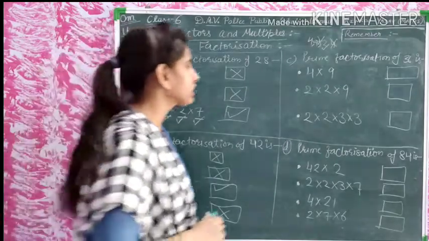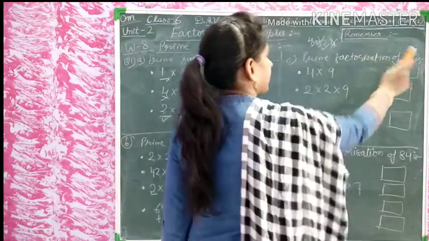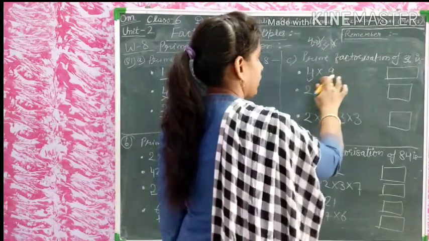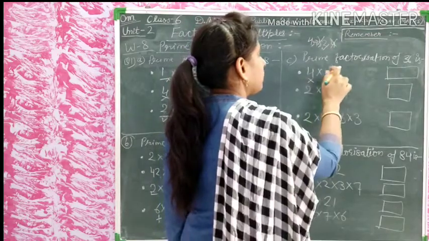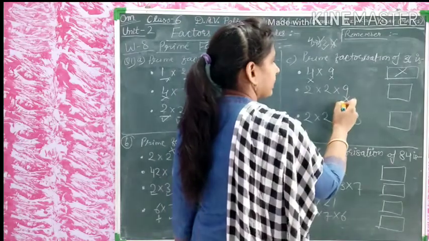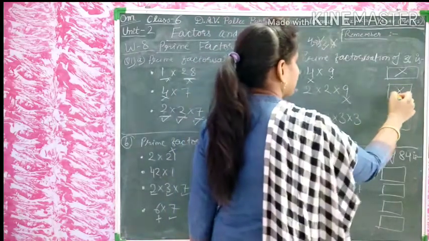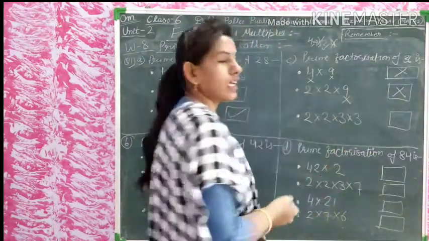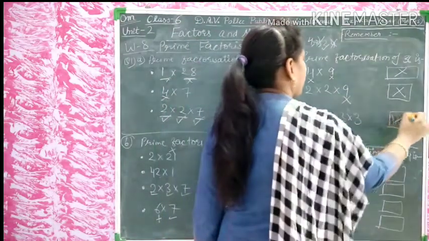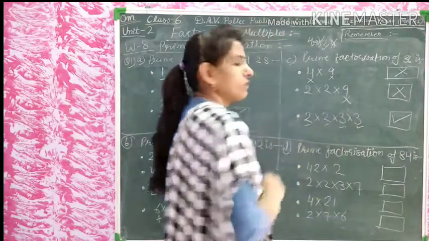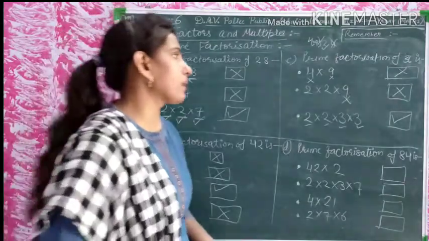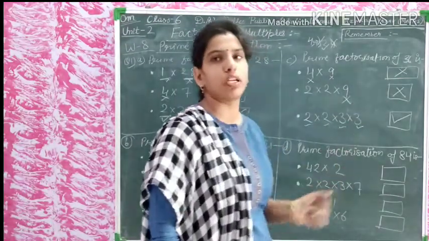Is it clear, students? Now we will go to the prime factorization of 36. Is this the prime factorization? No, because both are composite numbers, not possible. 4 times 9, but 9 is a composite number. It means not possible. 2, 2, 3, 3. Yes, it's possible. 4 times 9 is 36, and it will have only the prime factors, all are prime factors, may be repeated or not. Is this clear? This is the prime factorization of 36 that may be possible here.